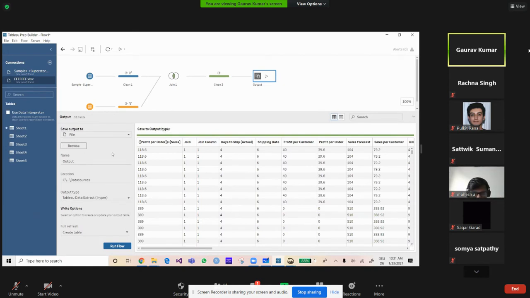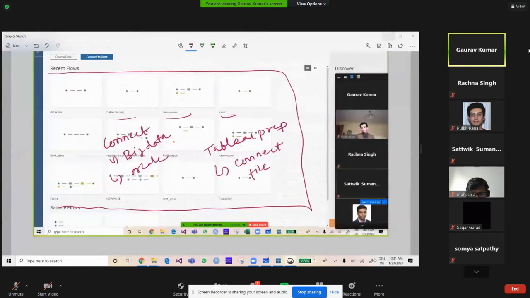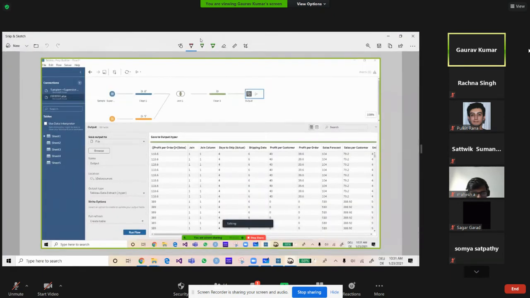There are two types of file here: hyper as well as CSV. This hyper is basically a Tableau file. If you have a hyper file, you can only open it when you have Tableau Prep Builder, because it is a Tableau file.